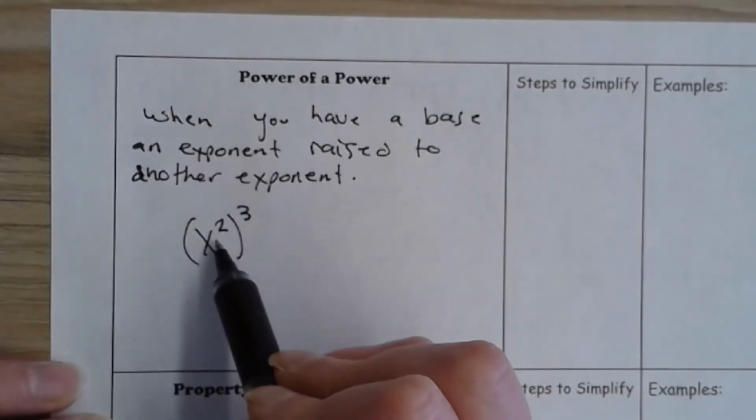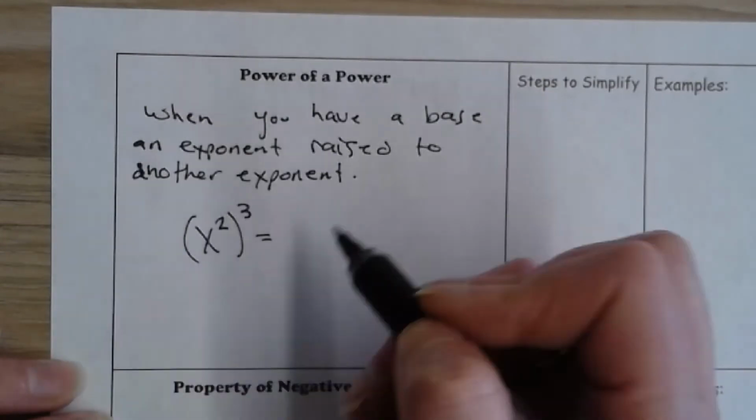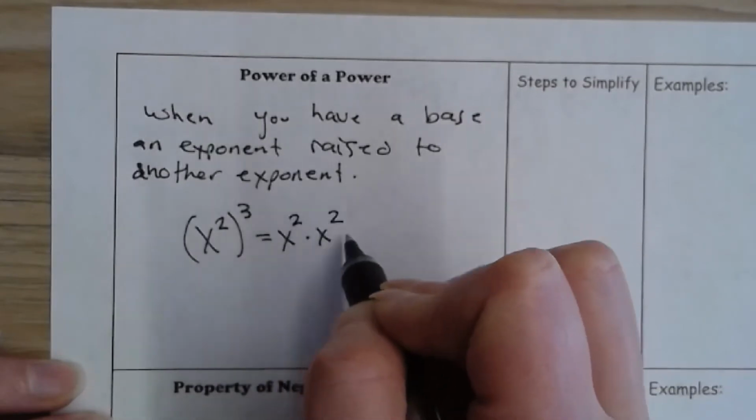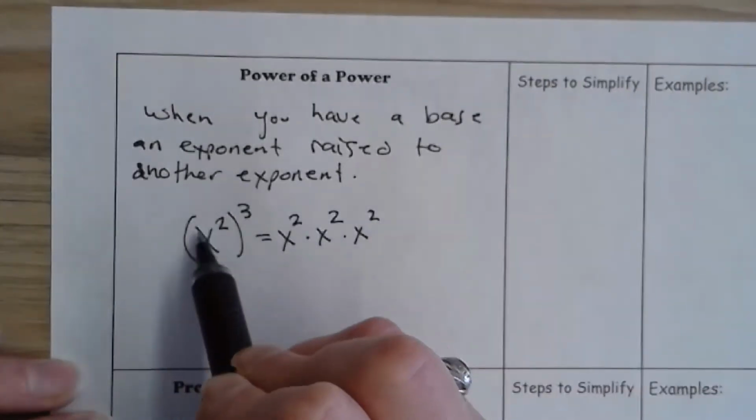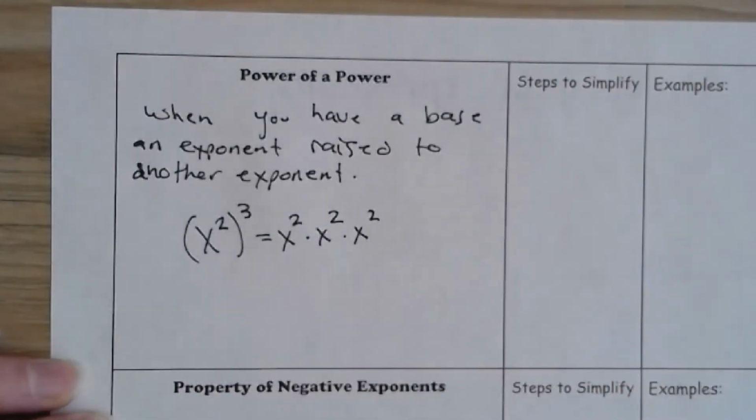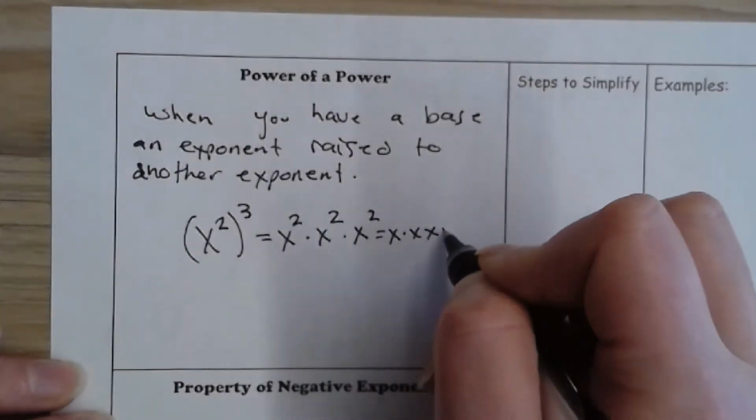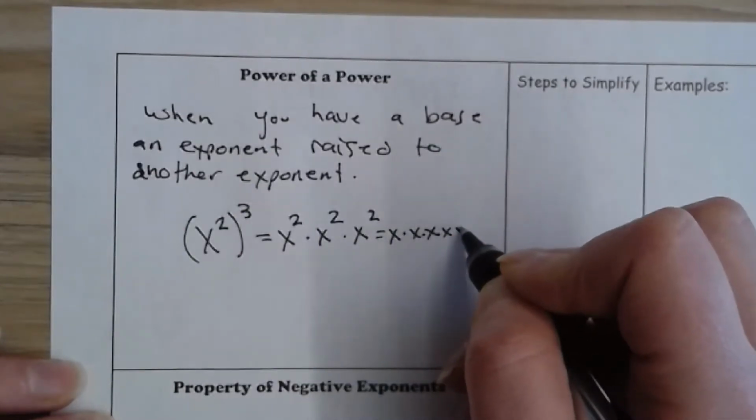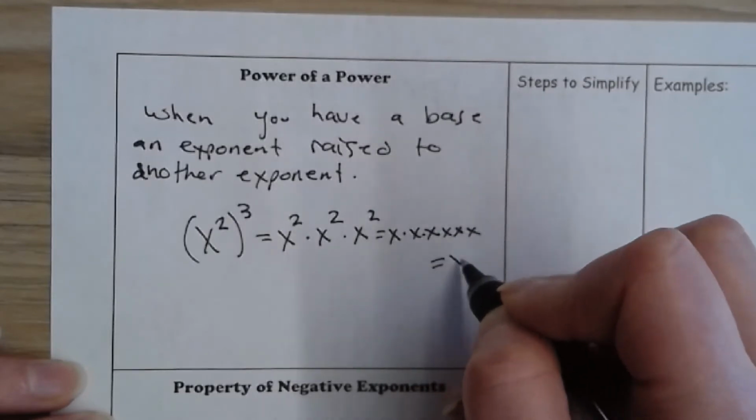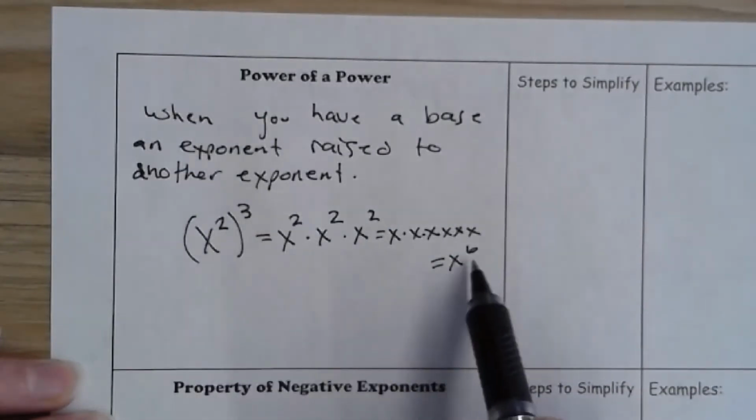So we have a power of a power. And if we think about this, we know that x squared means x times x. So x squared cubed would be x squared times x squared times x squared. It's saying take x squared and write it out 3 times with repeated multiplication. And we learned that we can write this as x times x, the first one, x times x again, that second one, times x times x. So we've got 1, 2, 3, 4, 5, 6 x's. So we could write it all out and see that x squared cubed is x to the 6,